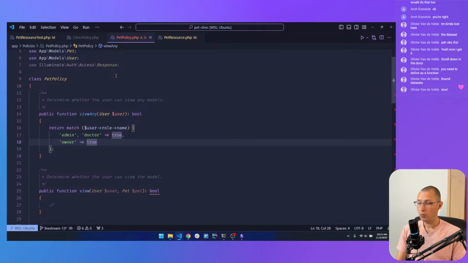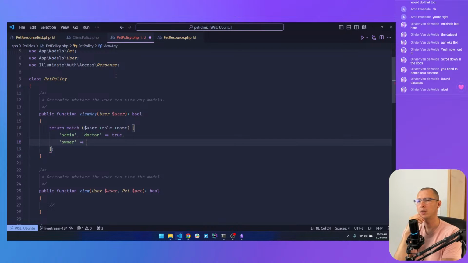So when it's an admin or a doctor, you can view any record. But if it's an owner, that means that only if... why are we not getting a pet here? View any models.